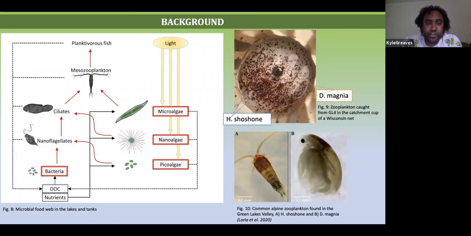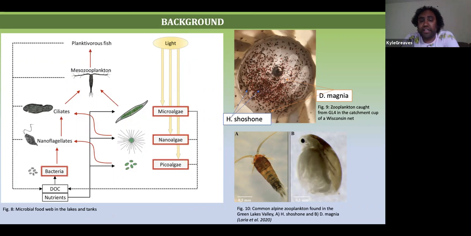This is just a little graphic showing the food web. All the algae over here on your right, these little green guys, are what use the light for photosynthesis. They then become food for various forms of zooplankton, and then it goes up the chain in the trophic levels of the lake. On the top right, we have